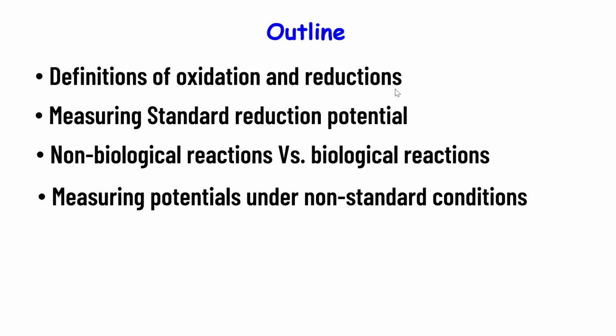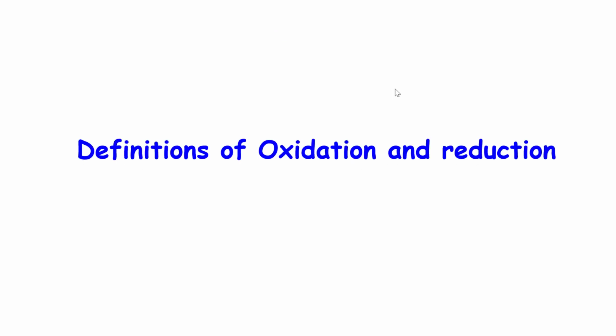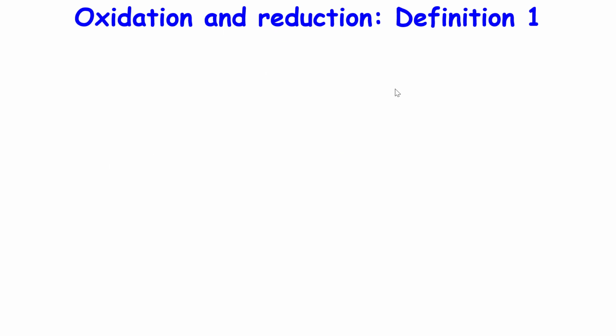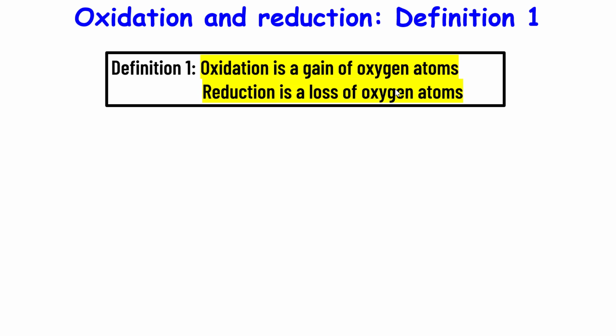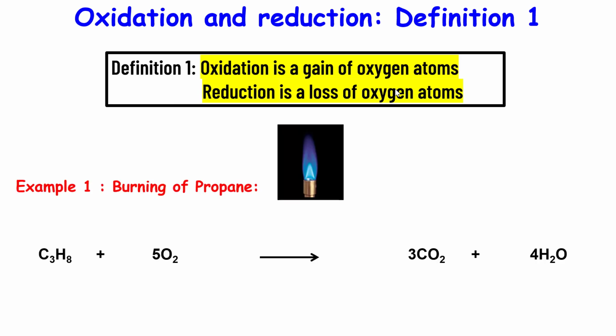So first thing, we'll start with the definitions of oxidation and reduction. In this topic, there are three definitions. We're going to go through them one by one. Here's the first definition. The first definition says that oxidation is gain of oxygen atoms and reduction is loss of oxygen atoms. And this is the definition that you may have seen in some general chemistry and organic chemistry classes,